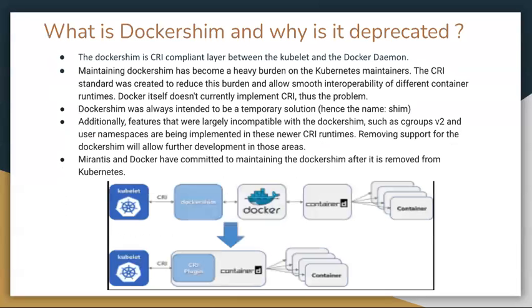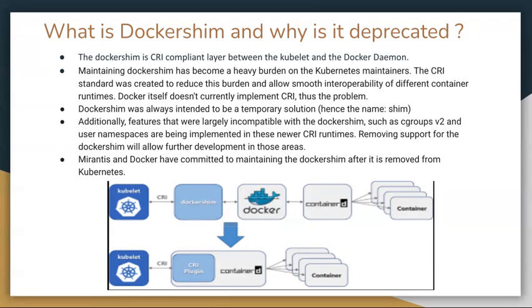Now, what exactly is Dockershim, why is it deprecated, and why is this such a big thing? Dockershim is a CRI compliant layer between the kubelet and the Docker daemon. As I told you, it is not able to communicate directly. Basically, all the communication was being done through the Dockershim, as shown in the picture on the screen below. If you see here, the kubelet is using the Dockershim as a CRI to interact with the Docker Engine, and that's how it interacts with the containers, and all your containers were getting